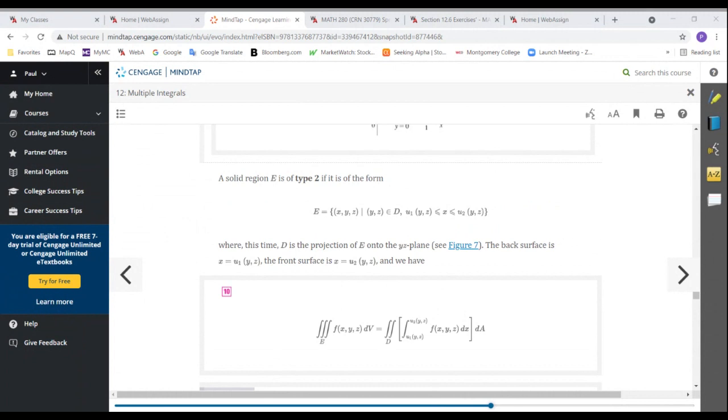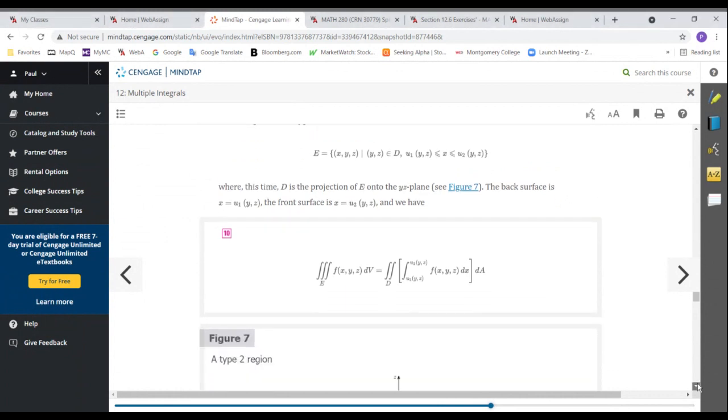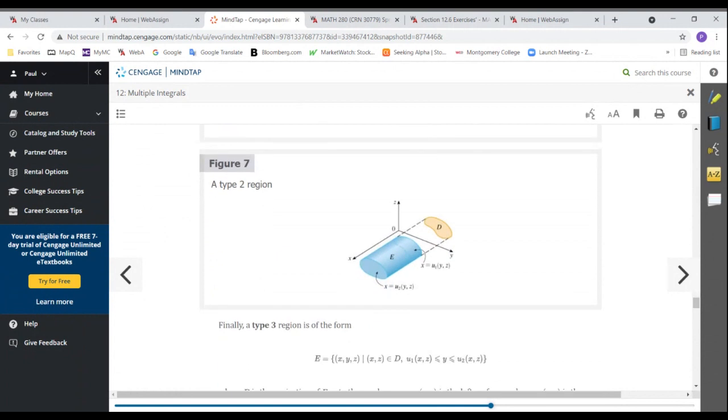Okay, well let me show you a picture here. Let me show you a picture of a type 2 solid region in figure 2, or I guess figure 7, sorry. You see this? You have surfaces that are functions of y and z that bound the surface to the left and the right. Okay, and so region, like the solid region E, it would be more convenient to use,